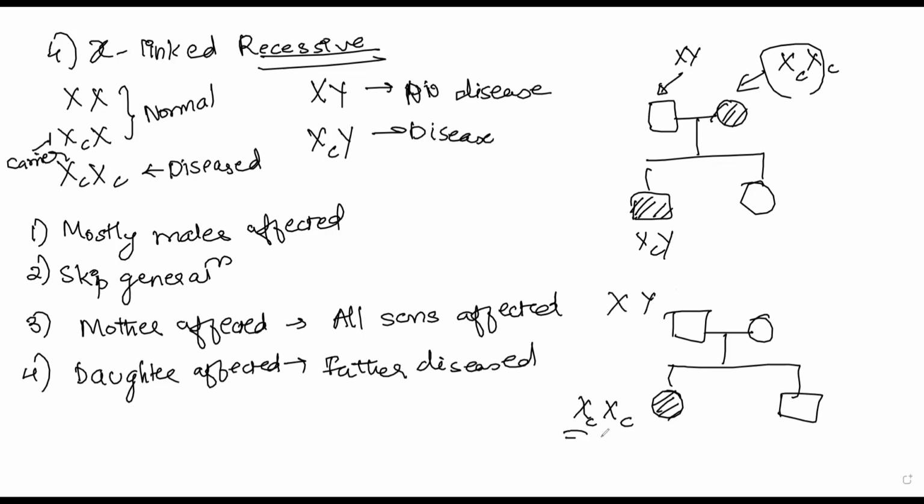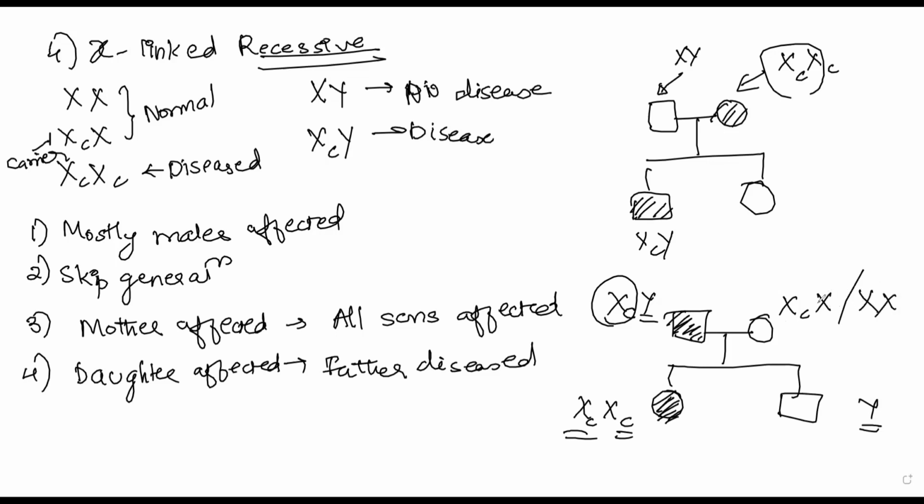If she is getting both the disease traits, that definitely means that the father is going to give her an X only, because if it was a Y, it is a boy. So Y would go to the boy, but the X would come from the father. So if a daughter has the disease, what does this mean? That definitely the father also was diseased. Otherwise, from where will the other XC come? Mother may be heterozygous, or she may be completely normal as well.